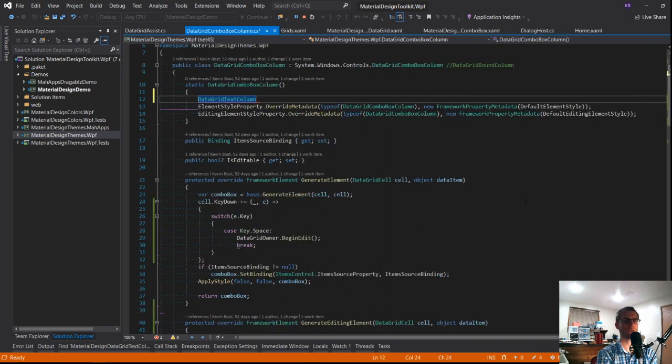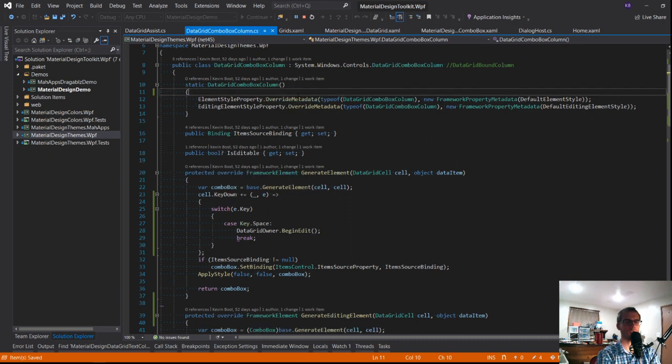Okay, so the question then is, I guess there's two questions. Should this handle this, and should our combo box column work differently? I think the answer is yes, I'm okay with that.